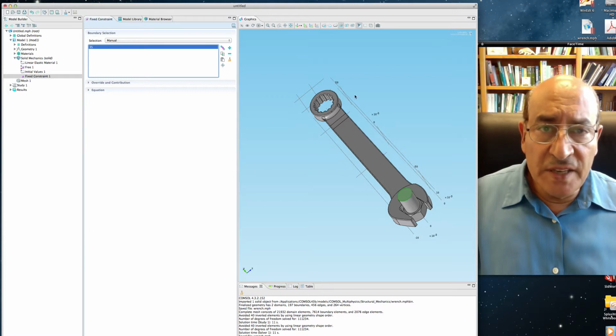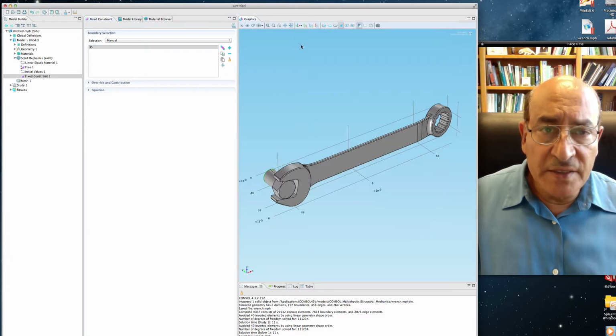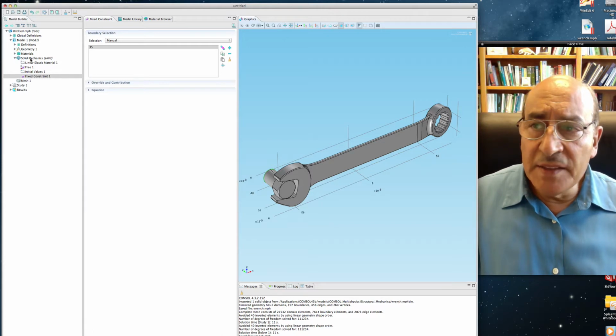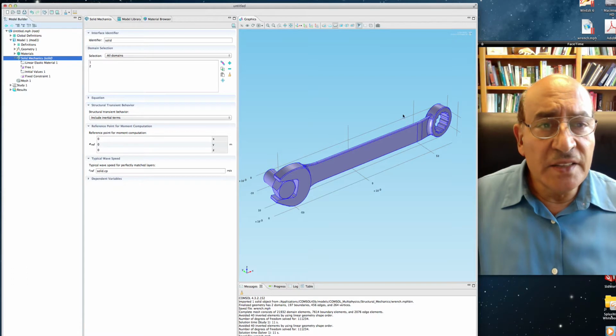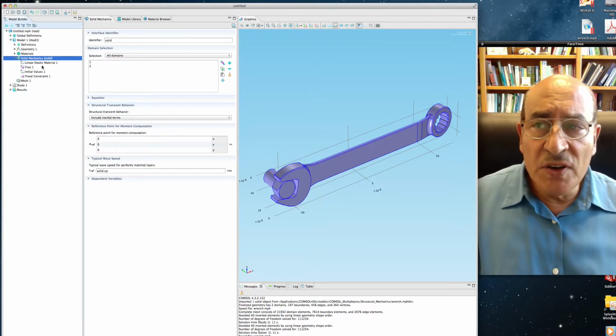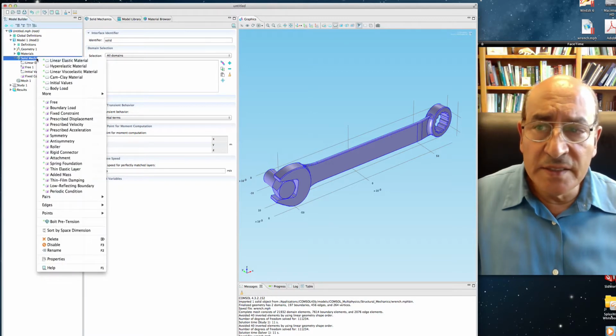Now we're done with that, so we can bring it back to the original shape, and then go to solid mechanics. We want to do something else. We want to put a force, and the force is going to be on only one side here. So I have to right click and